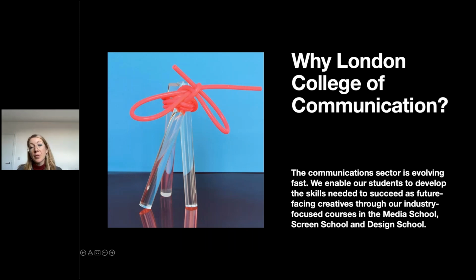So, having given a brief overview of what it means to be a higher education student, university student, of course, there's way more to explore, but let's keep to this for now. Let's take a look at why London College of Communication. So, let's say that the communication sector is growing, it is evolving, but this is not all. The real picture is that communication is now probably one of the most important sectors in our life, with media in particular being ubiquitous and being present in our lives constantly.